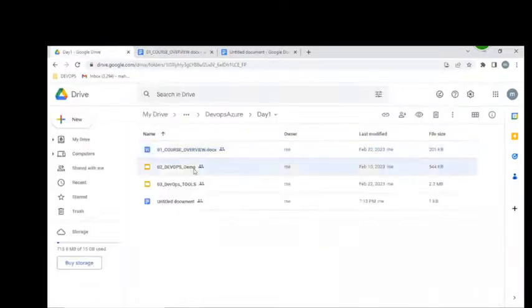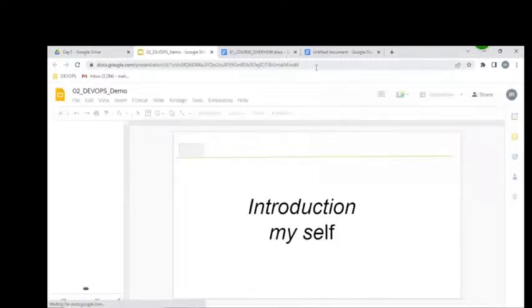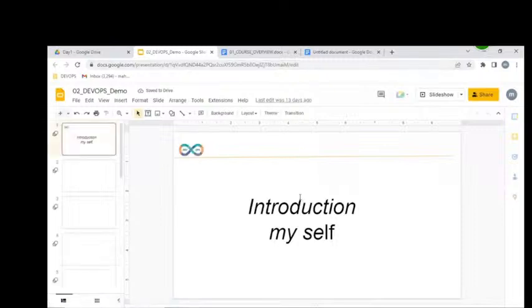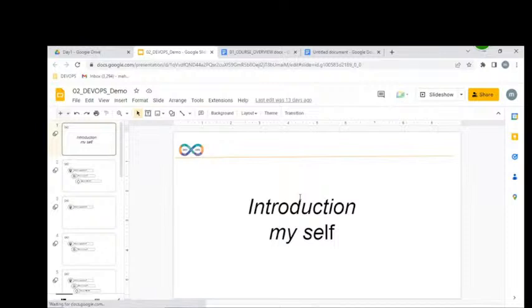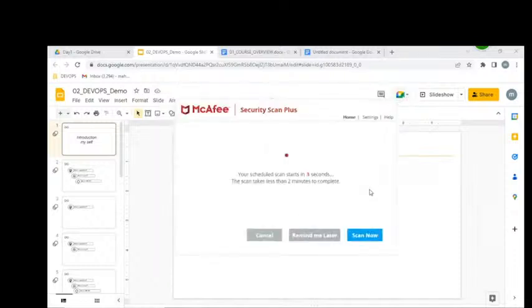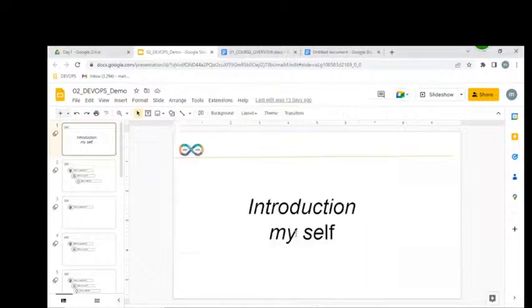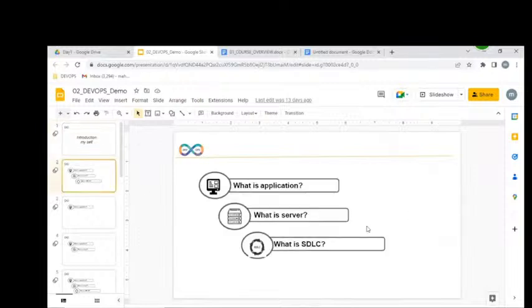Before starting the session, let me introduce myself. My name is Maha. I have 15 years of IT experience. My career started as a Java developer. Then I turned into a DevOps engineer with AWS as well as Azure. For the last 5 years, I have been working as a senior DevOps engineer. Before starting, I am going to ask you 3 questions.